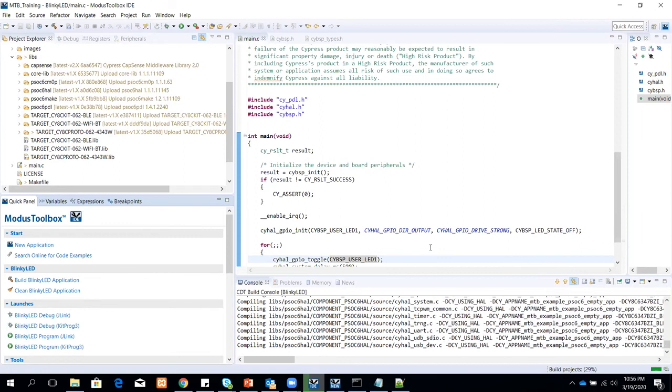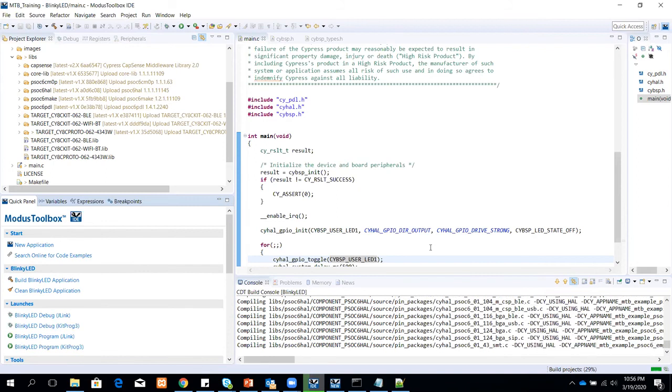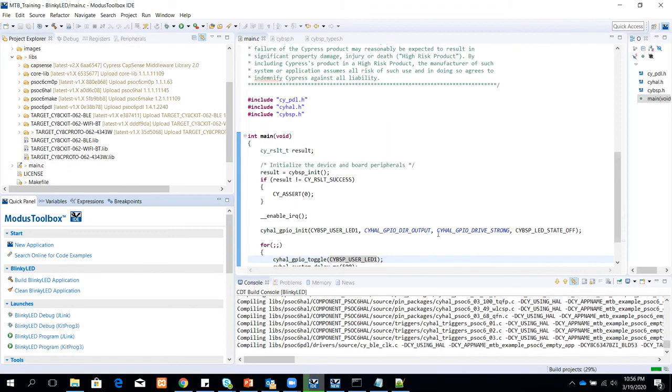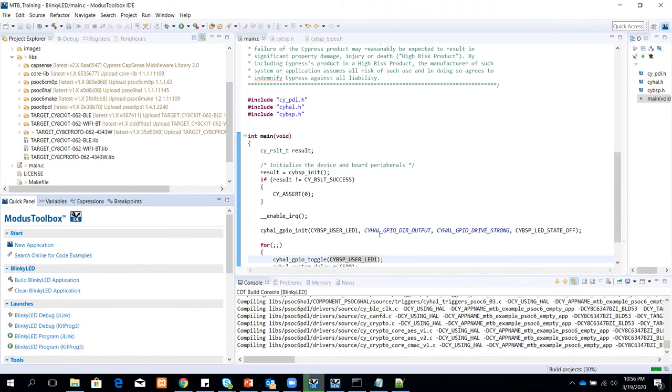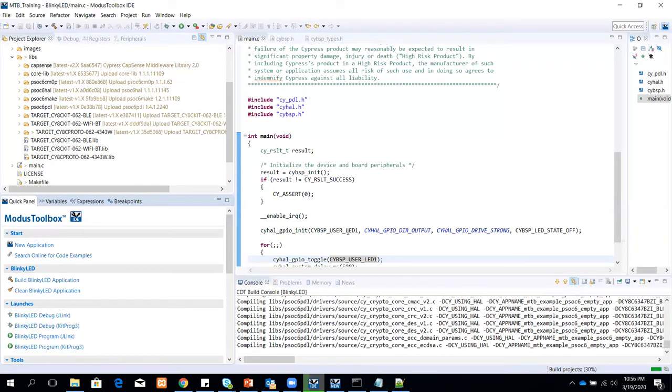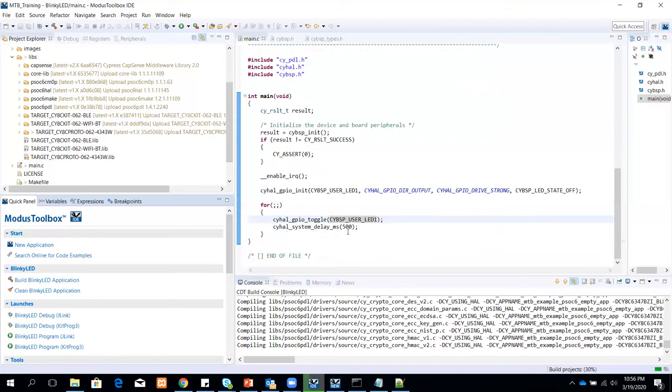okay, I'm just checking both the kits, and I realized that the user LED one for both the kits is 13.7. If it was different, basically, I think you all get the point. If it was assigned to a different pin on the boards, then this automatically updates to that particular board. Okay, so until it builds, let's jump back into the presentation here.